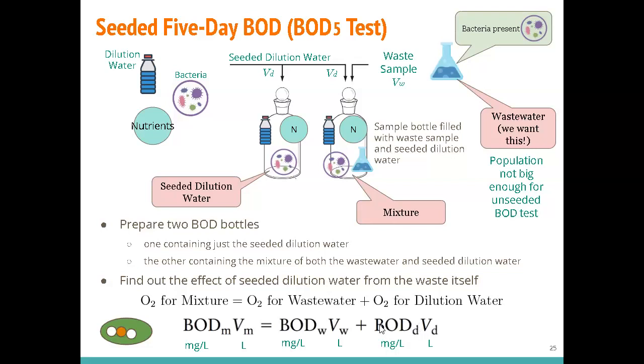of course, we can calculate, or we can find this from the measurement, right? Just wait for 5 days. And your BOD 5 for your dilution water will be this one. Okay, and the volume, you know that, right? You are the one who mixed everything here. So you know the volume for the dilution water, which is this one.